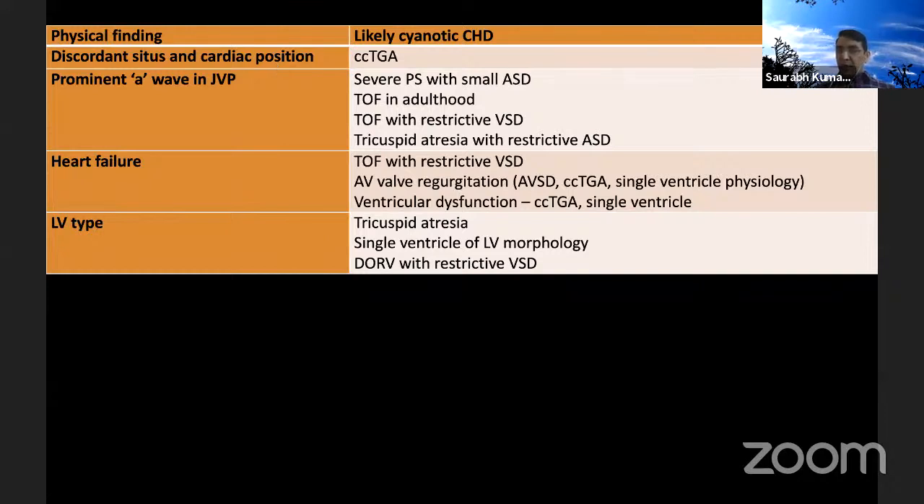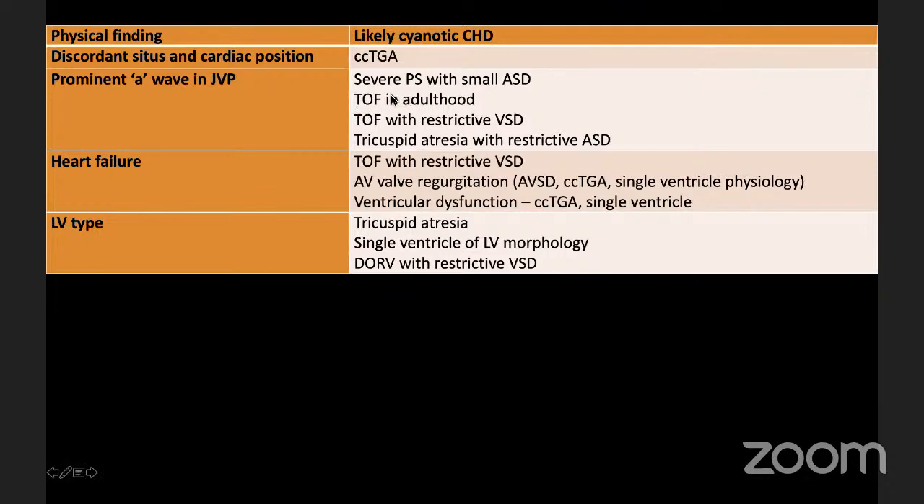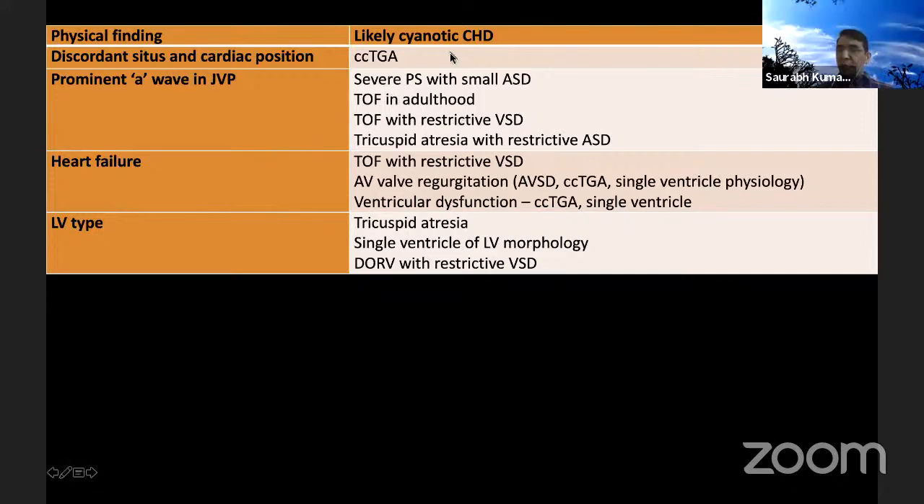or levocardia in situs inversus, we must think of looping abnormalities like congenitally corrected transposition of great arteries. If the patient is having a prominent A wave in JVP, which is generally a reflection of RVH or diastolic dysfunction of the RV, then we must think of any condition like TOF in adulthood, TOF with restrictive VSD, severe PS with or without small ASD, tricuspid atresia with